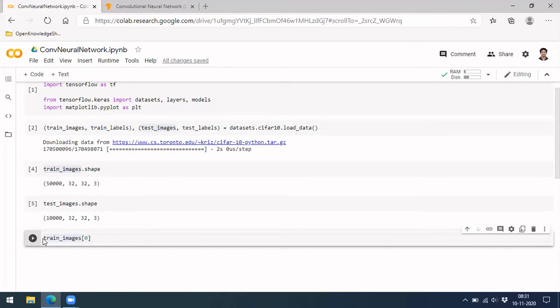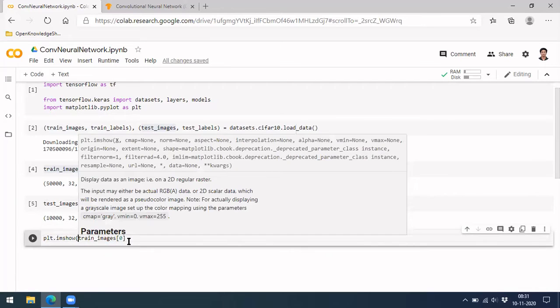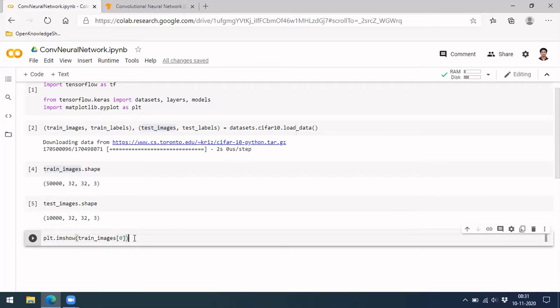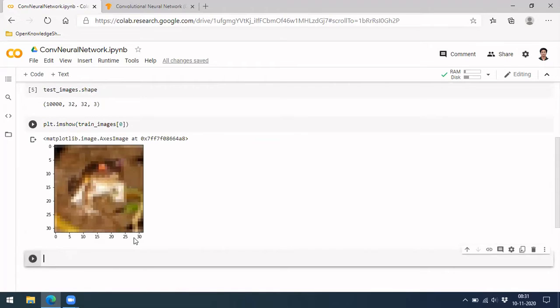So again, there are two ways. One is using Matplotlib, you can plot the image, or there is one more way, to use OpenCV. If it is just plotting, Matplotlib would be enough. In case you want to modify the image, do some kind of complex pre-processing, then maybe we can go for OpenCV. But in this case, if it is just for viewing, we don't need OpenCV.